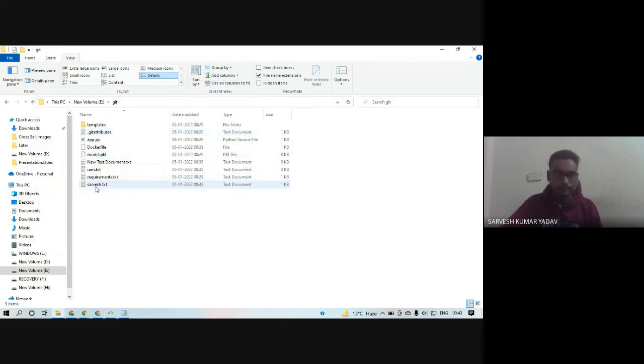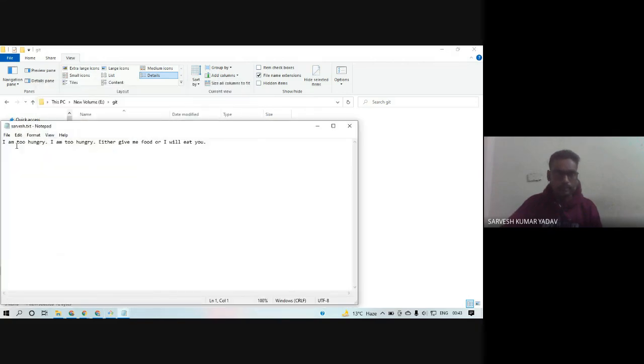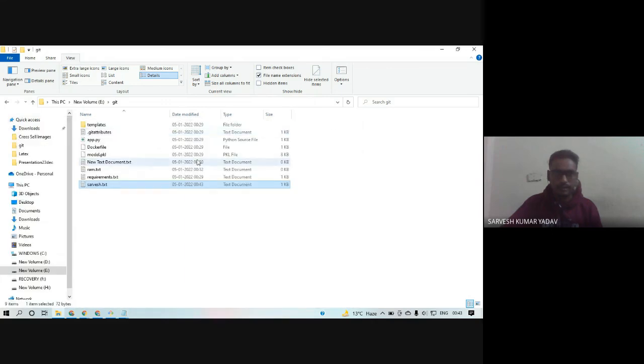Now let me check service.txt with all changes. Now our work, which was done separately on a different branch, is merged with our master branch. Now you can imagine how we are tracking our changes in a file or set of files, and how it is giving us control to work separately and collaborate with each other. So it is doing a wonderful job for our community. It is just making our job so much simpler.